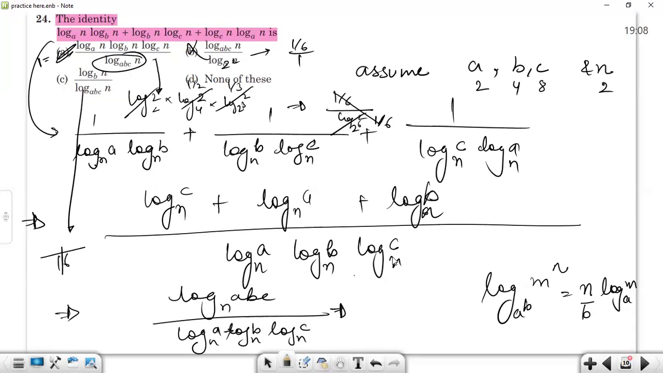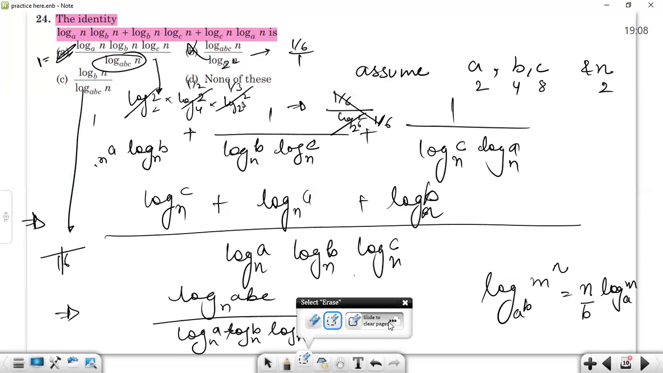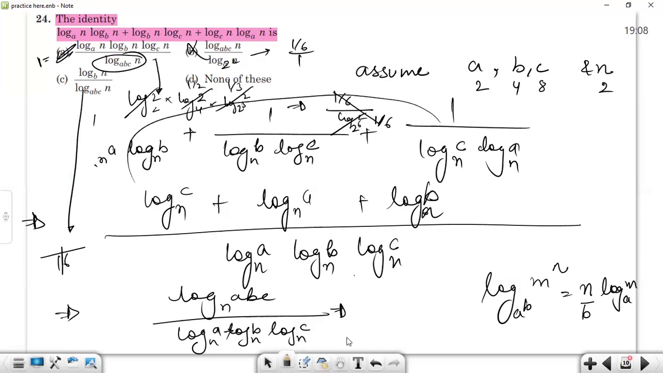Okay, no problem. But still, we learned one more method, which is an assumption method, and it is very effective to solve questions in a fast manner. So, without solving this much, if we have just assumed it,